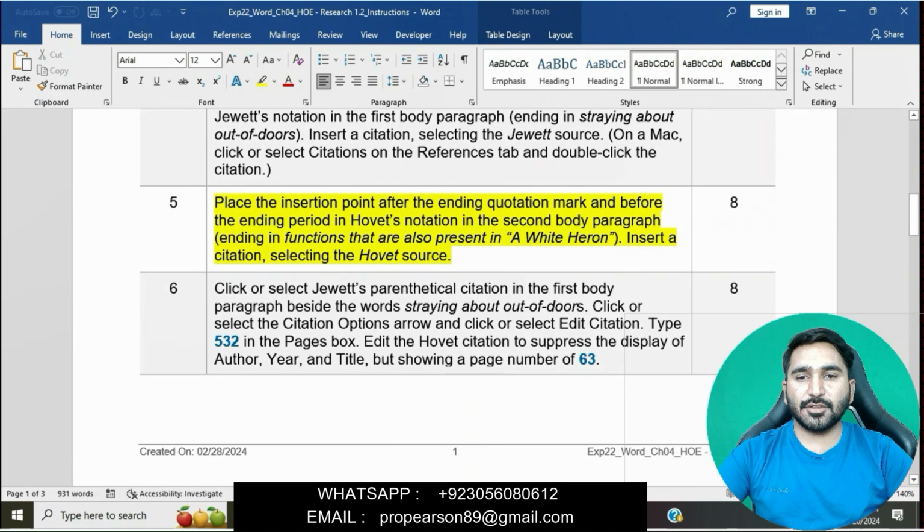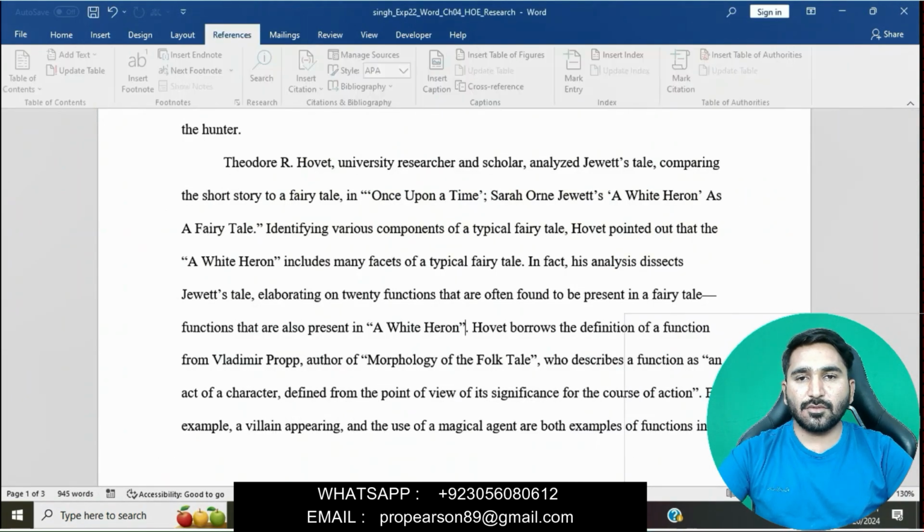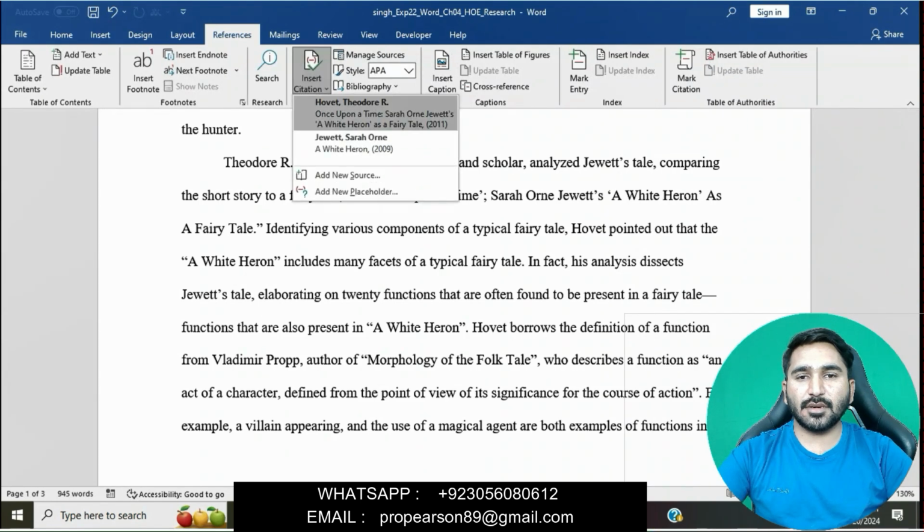Insert a citation, selecting the Hobbit. We will go to the references tab, then insert citation, Hobbit.